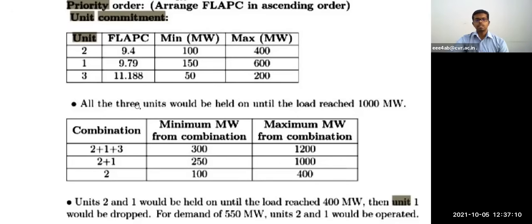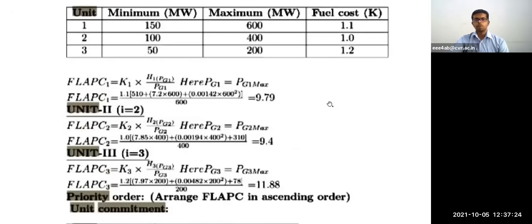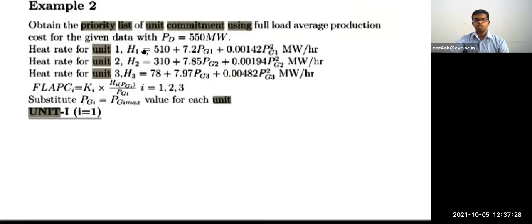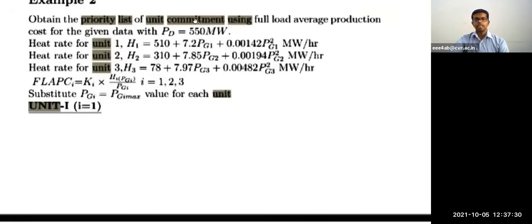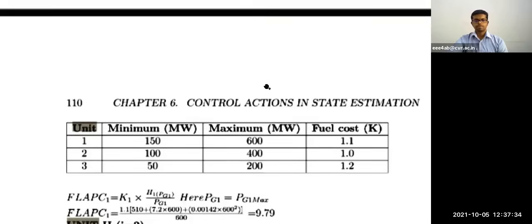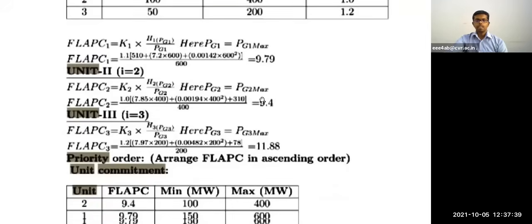All three units are held until the load reaches 1000 megawatt. What is the demand being given? The demand is given in the problem, as 550 megawatt. So based on the demand of 550 megawatt,